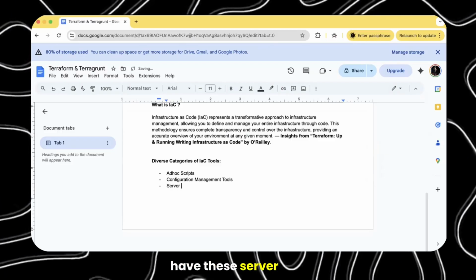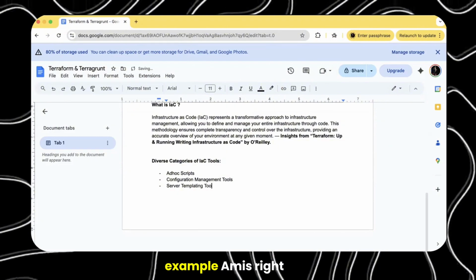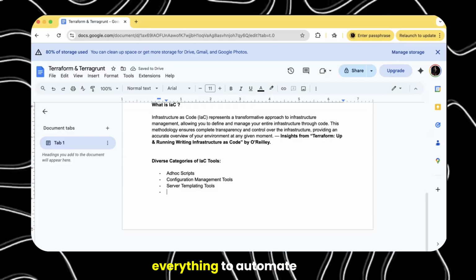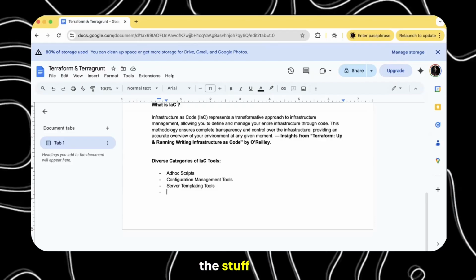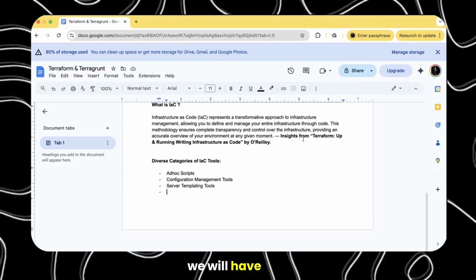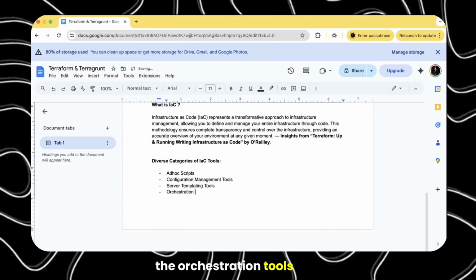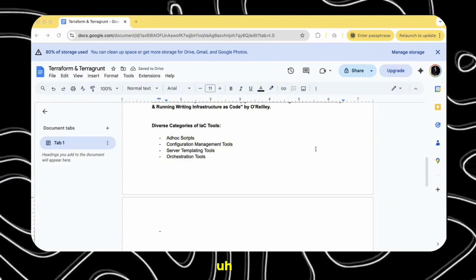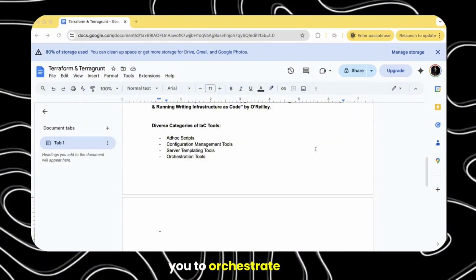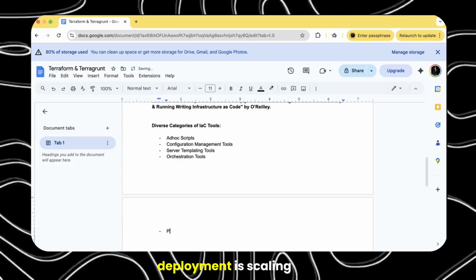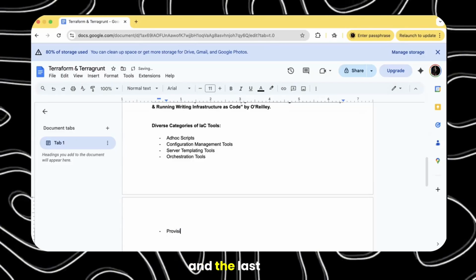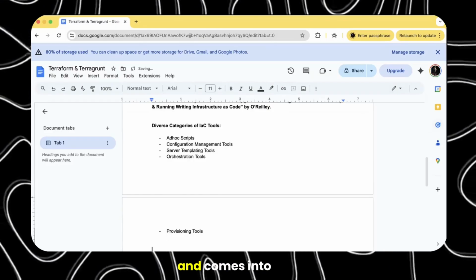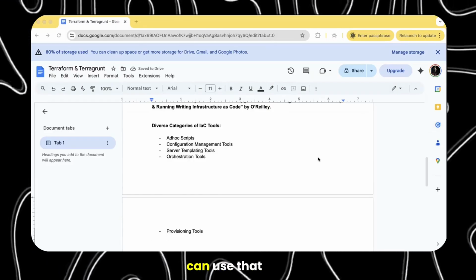Then you can have server templating tools, for example AMIs, which include the OS and everything to automate the stuff. Then we have orchestration tools, for example Kubernetes, which helps you orchestrate and automate your deployment, scaling, and manage your containers. And the last are the provisioning tools, where Terraform comes into the picture.